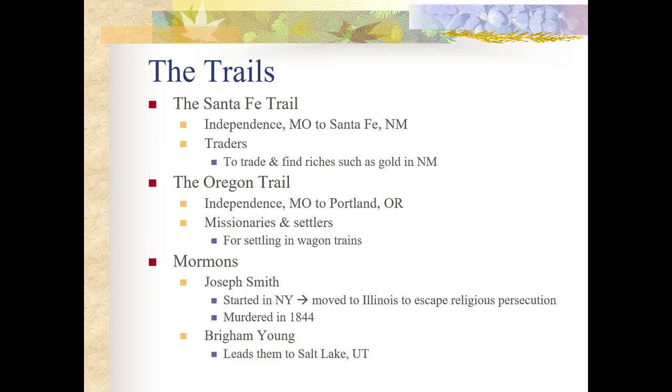As their number started to grow, they decided to move because of some of their practices. They did face some persecution by other Protestant groups. In particular, many Protestant groups had issue with their practice of polygamy, where Mormon men would have more than one wife. But Joseph Smith had settled in Nauvoo, Illinois, which became their central hub in Illinois territory. Again, as their number grew, they reached about 20,000.